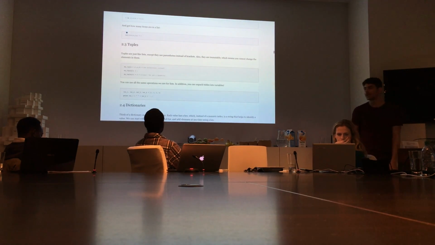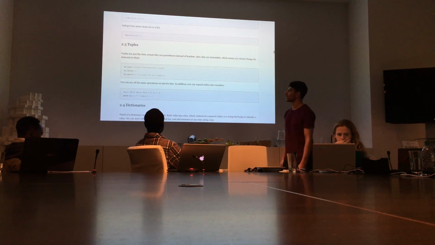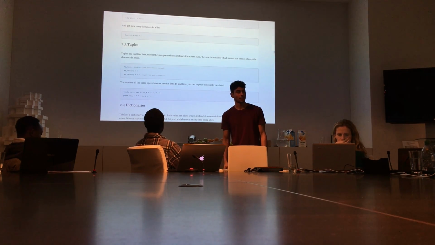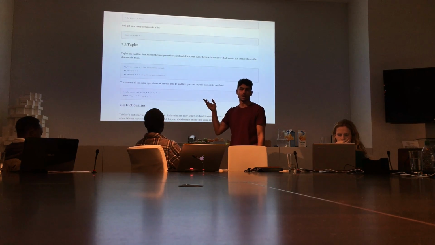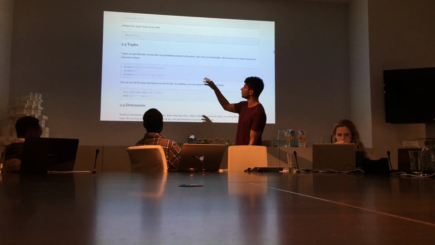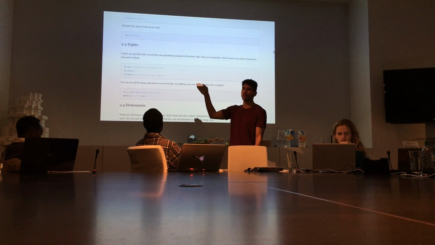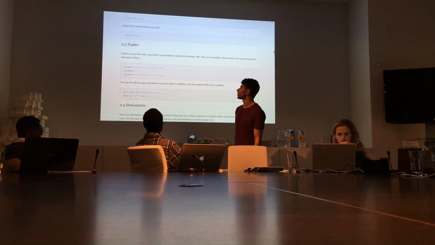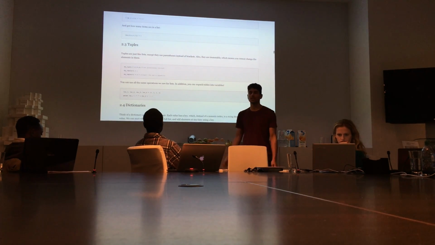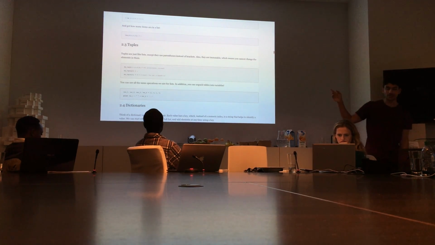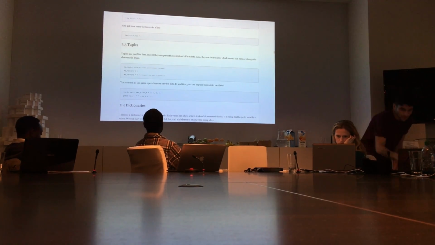We could also get how many items are in a list by using the len function. The len function can be used on many things, and lists are one of them. So we can have len and provide the argument of a list, and that will give us how many elements are in the list. As you can see, the result is 4, because the size of that list is 4 elements.